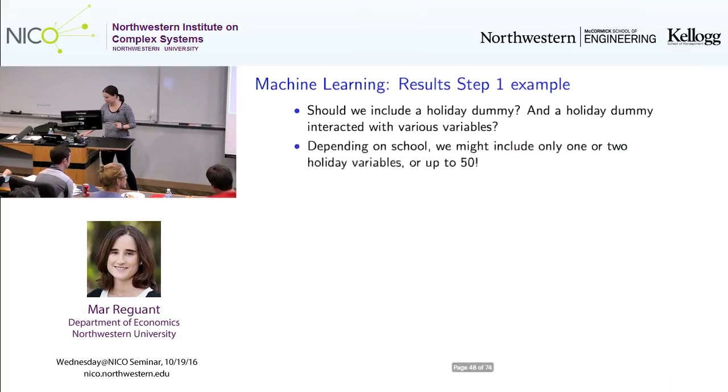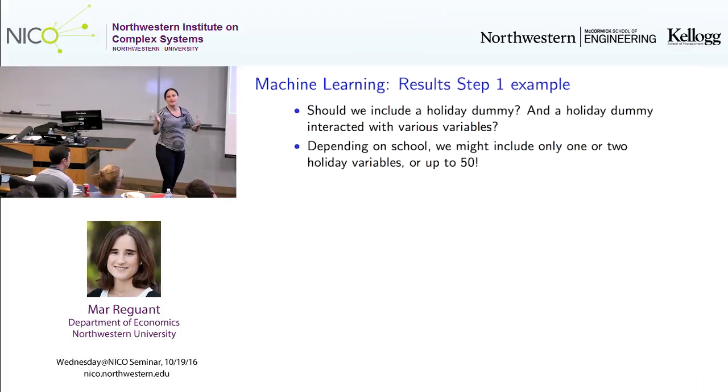One example of that is the holiday variable. So we have an indicator variable that tells us whether it's a holiday or not. And as you can infer or guess, being on a holiday reduces electricity consumption. It seems relevant to the model.